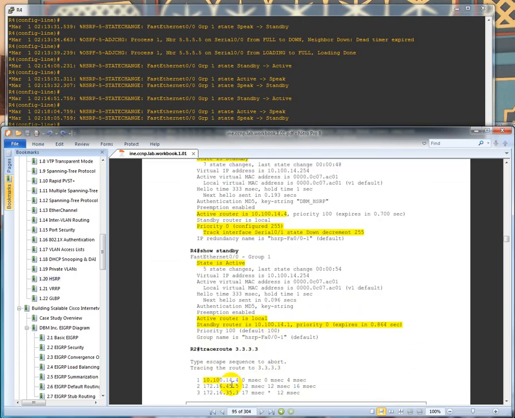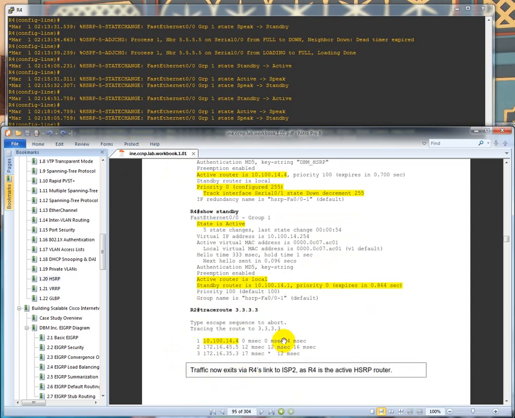So we did some traces, and actually I didn't trace from router 2. But anyway, so what we're gonna do now,